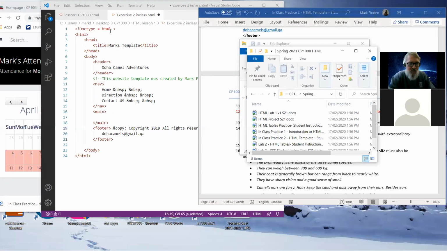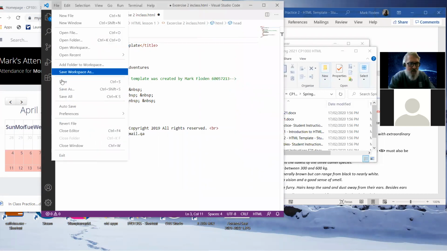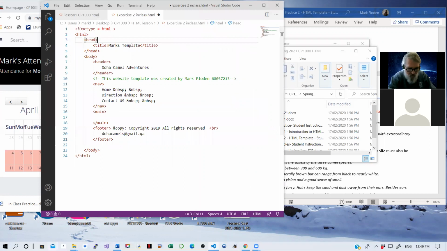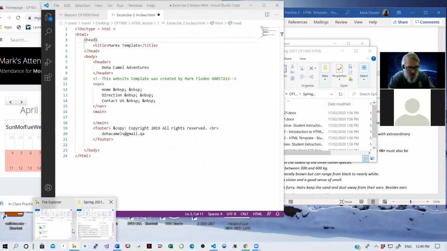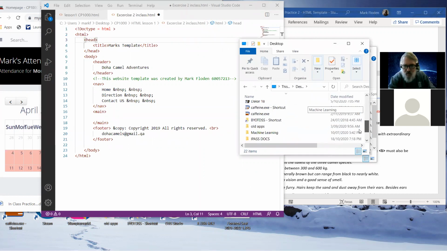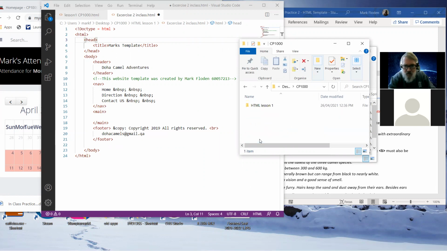So the thing is, I can see here if I do a file save as, it'll tell me where it is. It's on the desktop in a CP1000 directory, HTML lesson 1. Oh, well, why didn't I know that? All right, so that's where I'm going to look for it. Back here, go to the desktop. I've got a CP1000 directory there and HTML lesson 1. So this is my thing. It's exercise 2. I can tell that I've saved it as an HTML file because it's got the symbol of the browser. When I double click on it,